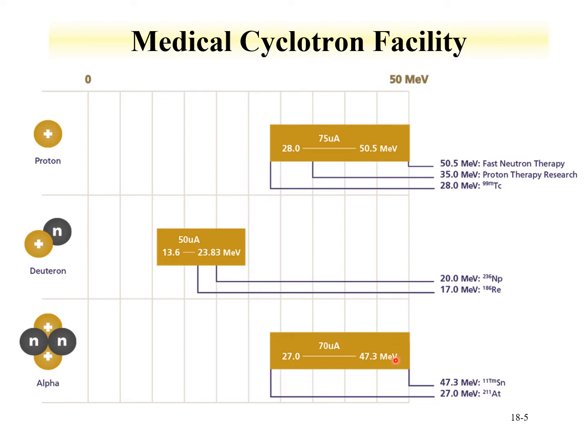This is the energy range and the beam current. For deuterium reactions, again, the energy range is from 13 to 24 MeV, and different isotopes can be produced, including neptunium-236, rhenium-186,